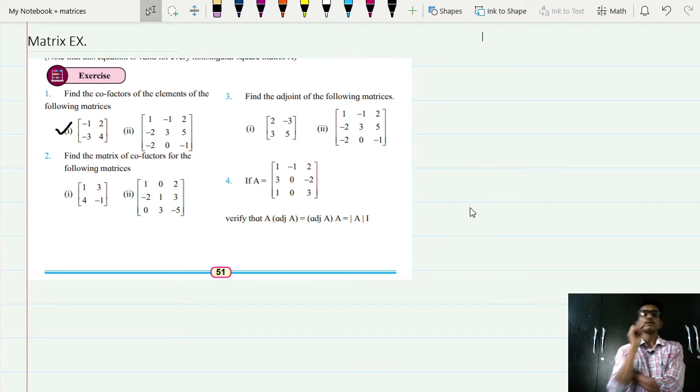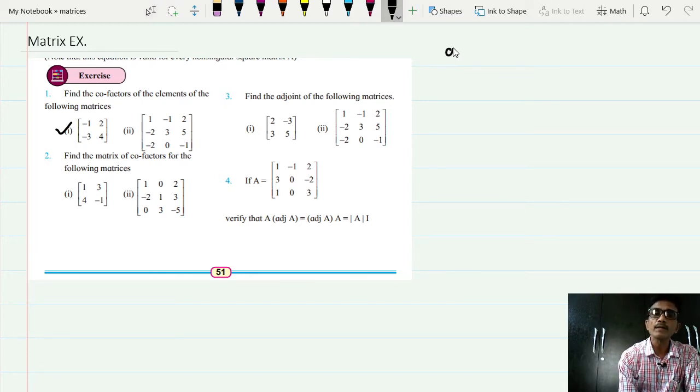Hello everyone. In this video we are going to see the matrices topic. In matrices we are going to learn how to find minors and cofactors, then the adjoint of a matrix. इस वीडियो में हम मैट्रिक्स का माइनर्स और कोफैक्टर्स और देन एडजॉइंट ऑफ अ मैट्रिक्स ये फाइंड करेंगे. So let's start with how we find minors and cofactors.